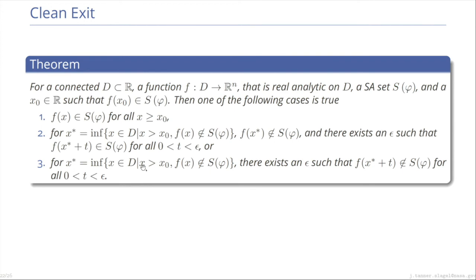This last case is when it actually exits. So it goes to the boundary, and then after that, there is some epsilon where f is outside of the semi-algebraic set completely for all moments of time between 0 and epsilon. So this is written in a bit of a confusing way, because writing this property mathematically requires this sort of footwork. But intuitively, this is probably something that you accepted about real analytic functions, or maybe functions in general, before now. But it's not true for functions in general.